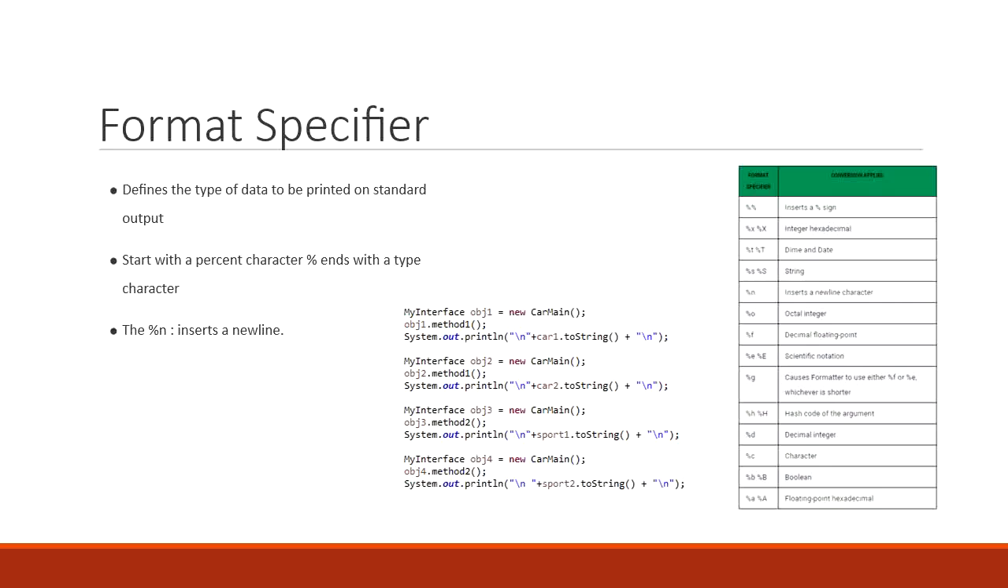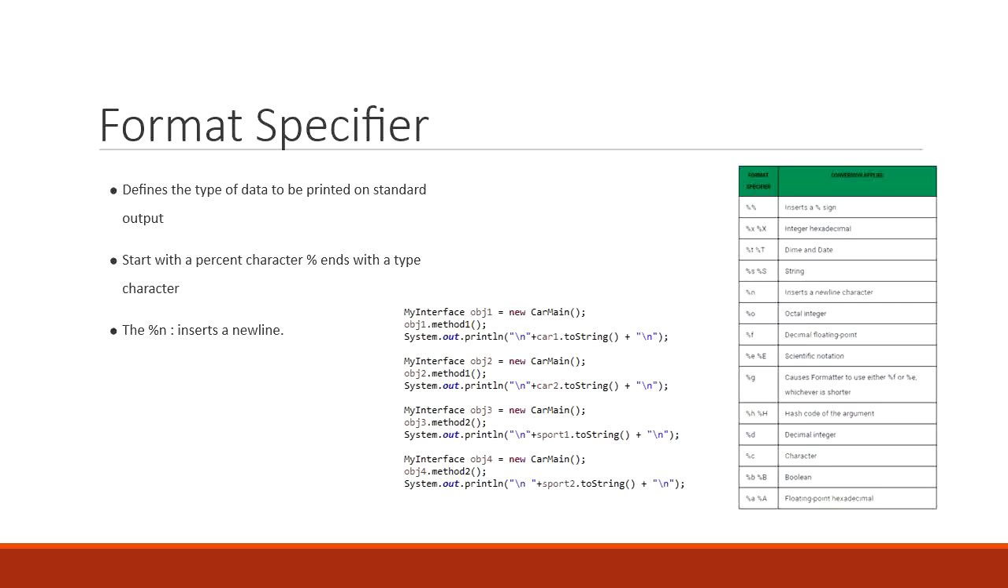Format specifier defines the type of data to be printed on standard output. A format specifier starts with a percent character and ends with a type character indicating the type of data, such as float, int, etc. In the picture, in the graph to the right, I included all the possible format specifiers. This graph is really helpful, but for this case, I used